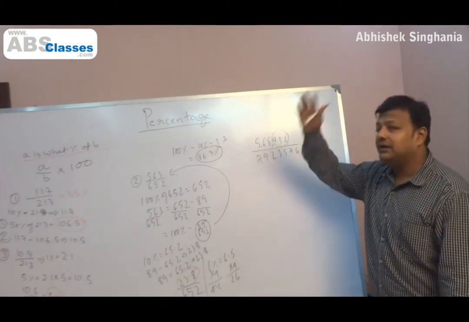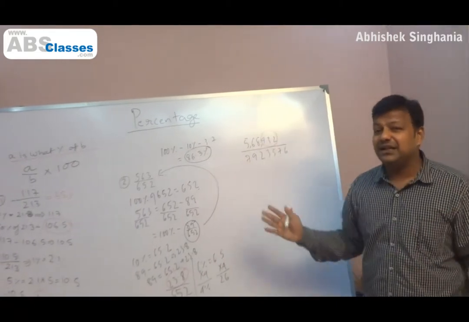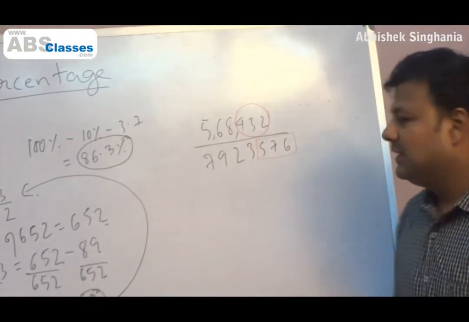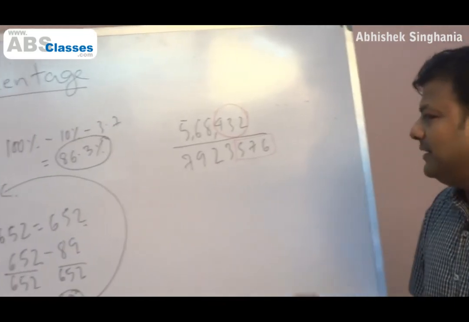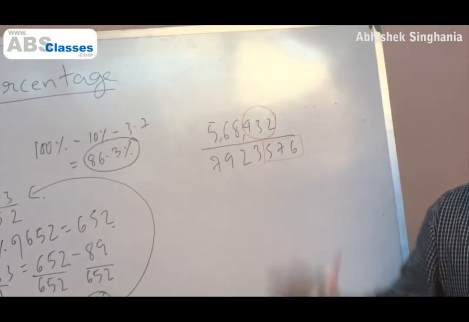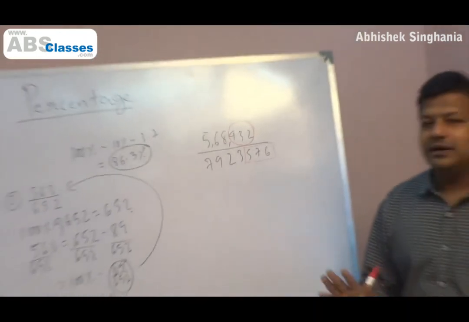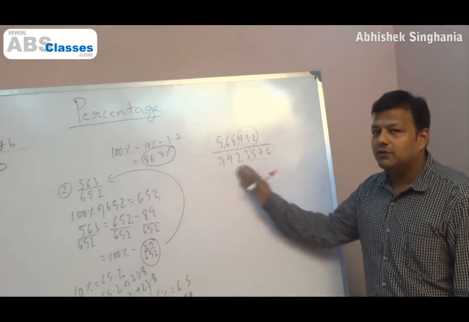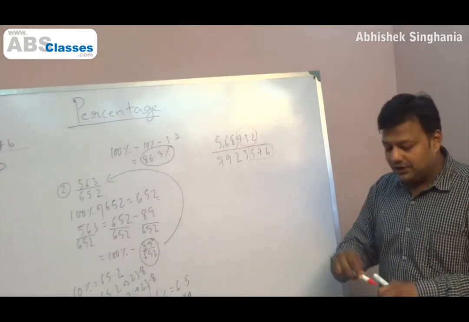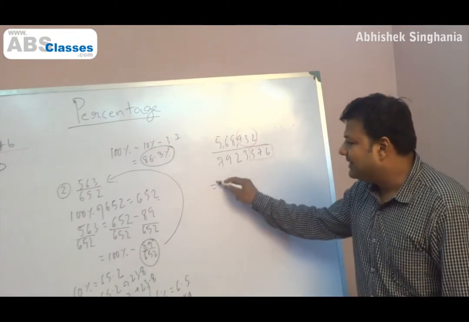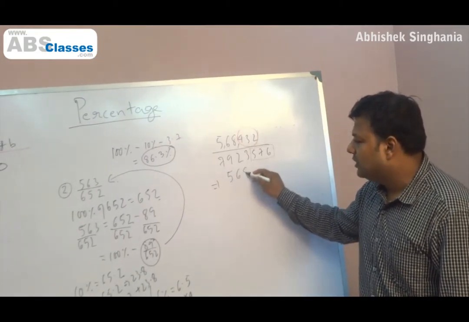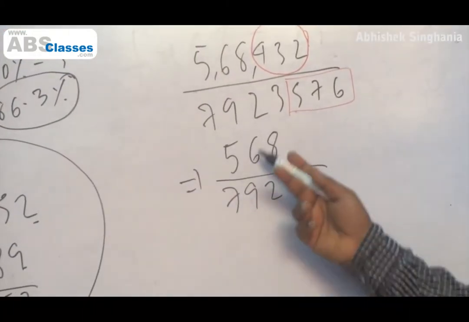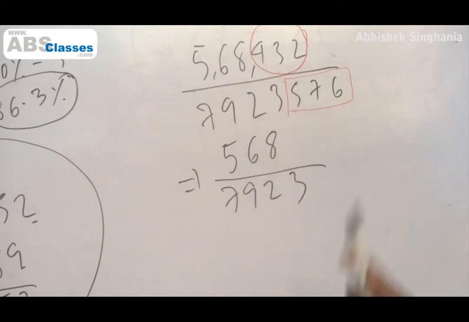Similarly, if you have 79,23,576 rupees, I am sure, however cringy and self-centered you may be, spending 576, donating 576 is not something you will really mind. Okay, which means this portion of this number is a very small part of the overall number. Using it for calculation, the same logic, we can actually get rid of this portion and straight away come to our number as far as percentage calculation is concerned. The value of this will not be very far from value of this, right?